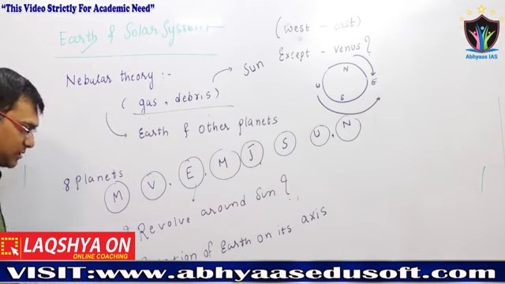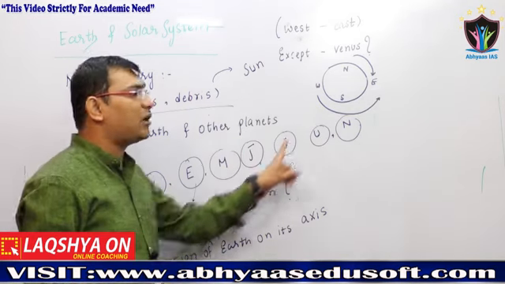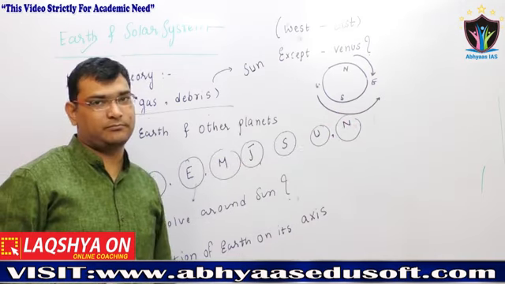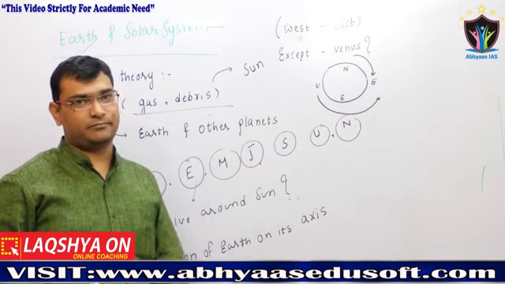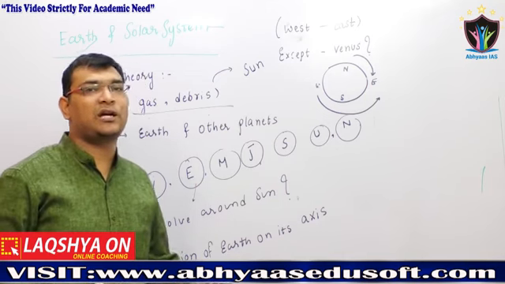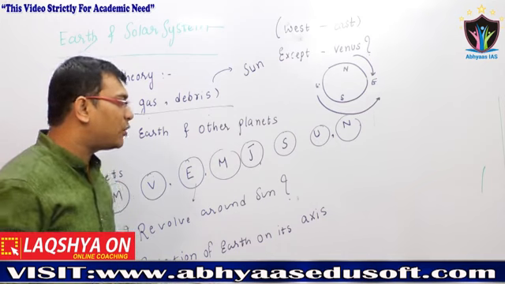And the next question, rotation and revolution: why do all the planets revolve around the sun? What makes them revolve? And why are they spinning continuously? Why are they revolving continuously? So actually